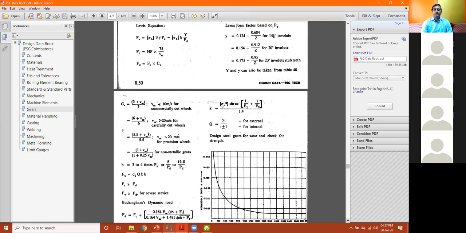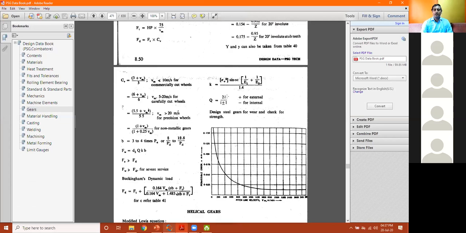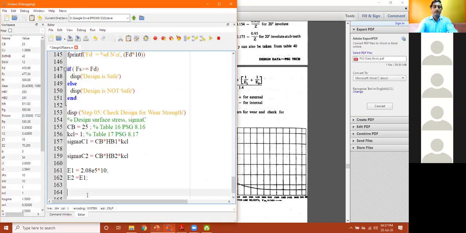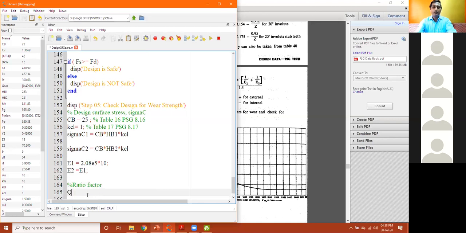You see here Q is equal to 2I upon I plus 1, which we'll consider for external engagement. So I'll write here the ratio factor Q is equal to 2 star I1, because we defined I as I1 initially, divided by